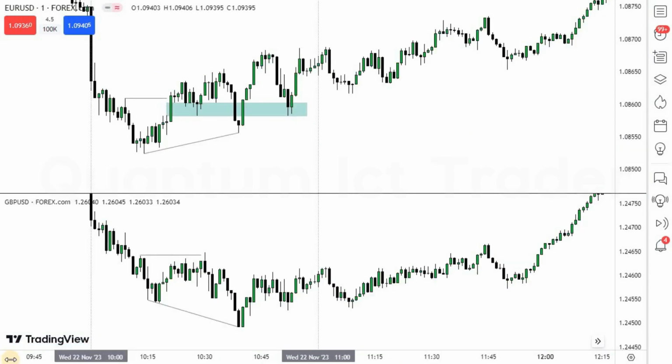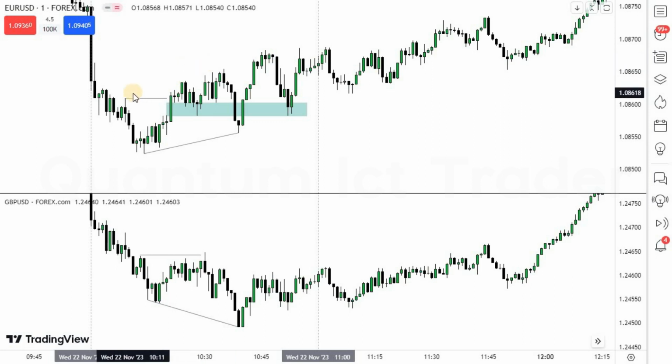So here is the 10 to 11 AM silver bullet example. Here is the time window, 10 to 11 AM. As you can see, there was an SMT divergence between these two correlated pairs, EURUSDT and GBPUSDT. While GBPUSDT made a lower low, EURUSDT failed to make that lower low. And what does it mean? It means EURUSDT is stronger than GBPUSDT, and on this particular level, EURUSDT was in a bullish 4-hour breaker, and we are looking for higher prices, so the bias was bullish for us.